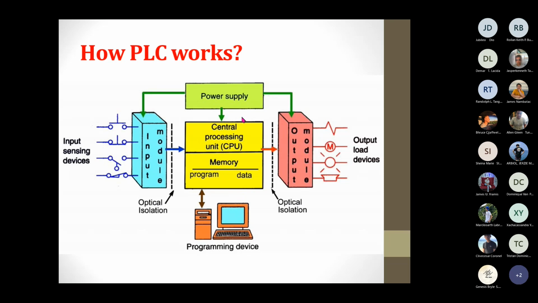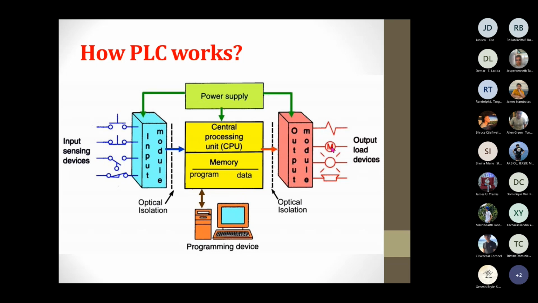And then another part of a PLC is the power supply, which of course gives power to the input module and to the output module of the PLC also. In the output module of the PLC, it is where the loads are being connected. So what are these loads? This symbol is for the solenoid valve. This one is a relay,